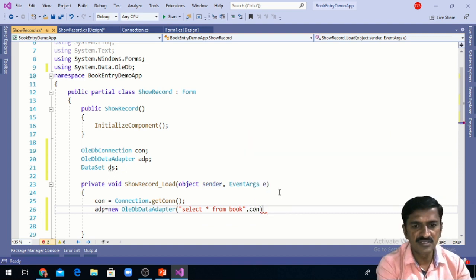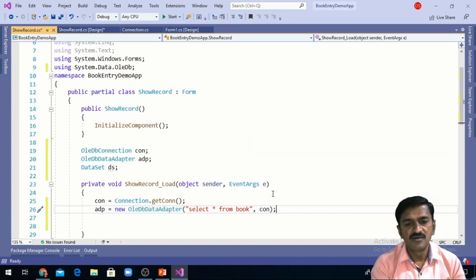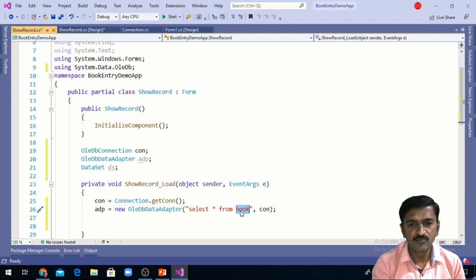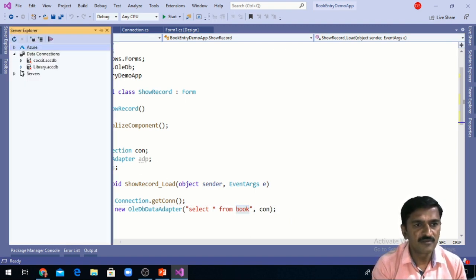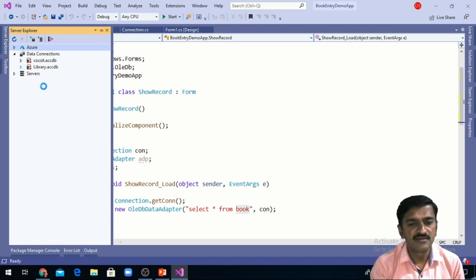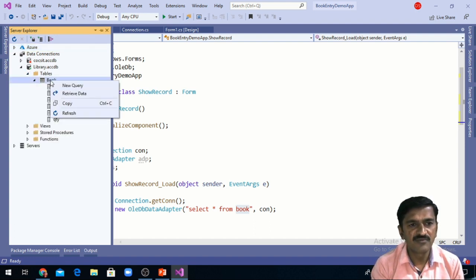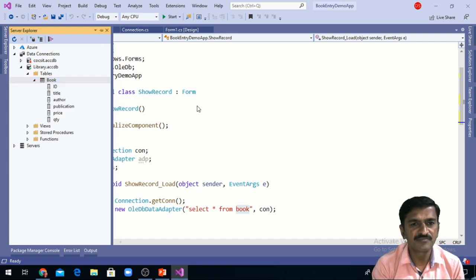In Server Explorer I have already connected to the database, and in the library database there is a book table, and we can find the records by selecting the Retrieve Data option.